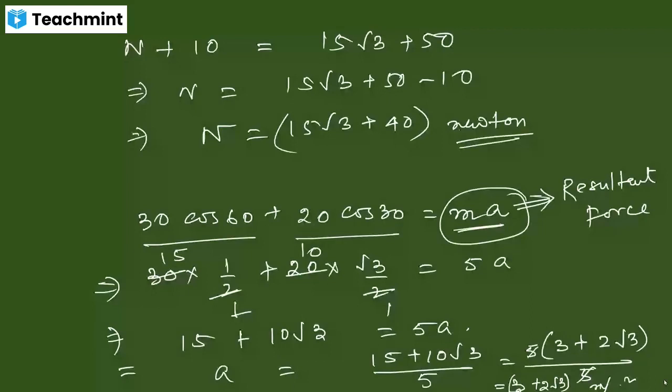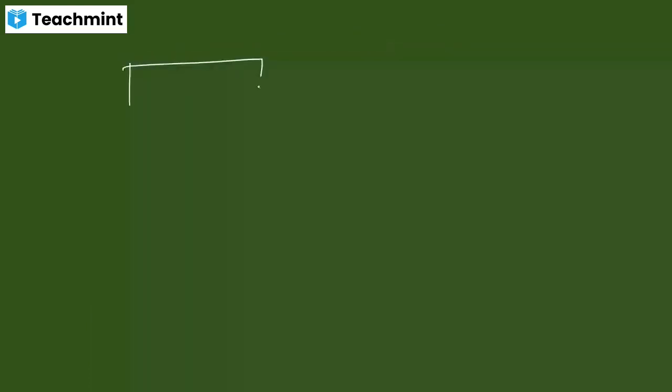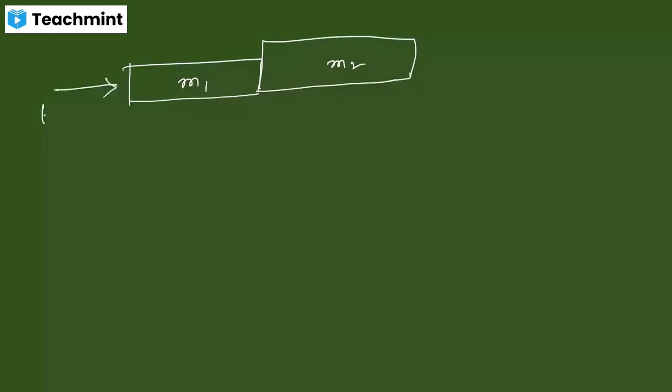Now, in this case, suppose you have two of your copies, okay? One copy is placed like that. This is one copy. This is another copy. So this has the mass of m1. This has the mass of m2. Suppose you are applying a force in this direction, right? And in the question it will be said that you have to find out the force which is acting between the objects and the acceleration of both.